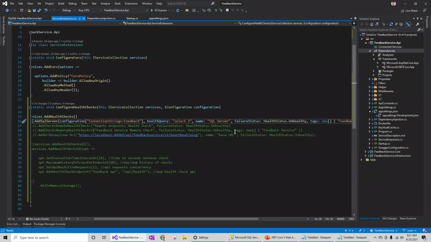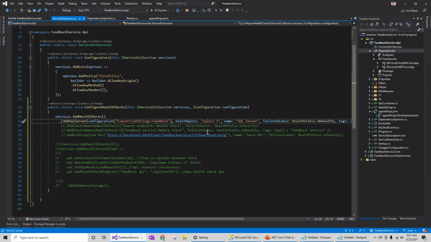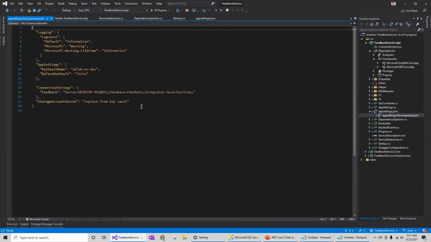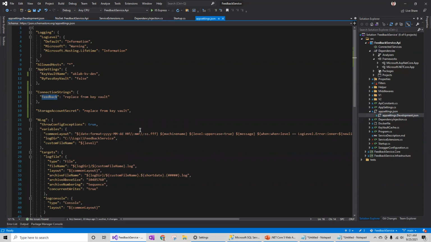Now the SQL, this line is fine. Now reading from the database connection string here. Let's make sure that my database connection string is correct. So I'll be using the development, for example. So this is my connection string.